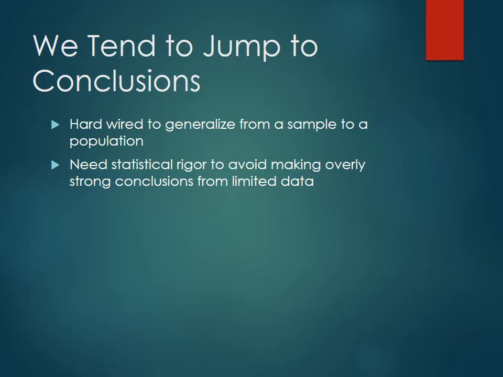But you wouldn't want to use all that information with small data sets to generalize to a whole population, right? Because there's just a lot of inherent risk in doing that, which we'll get more into details on. So you really need to use statistical rigor to help avoid making overly strong conclusions about the limited data that you have. And so we'll talk a lot about the term generalizability, and that basically refers to looking at the data that you have and those results and how well you can apply it to the population. Right? And so some things can be very generalizable, some things cannot be, based on the type of data you're getting, the results you're getting, and how that stacks up compared to the population that you want to be looking at, right?